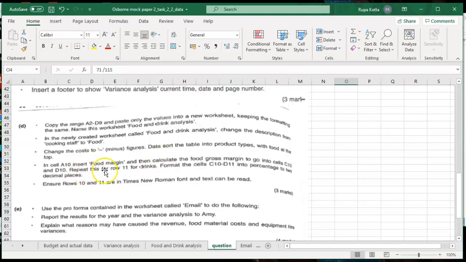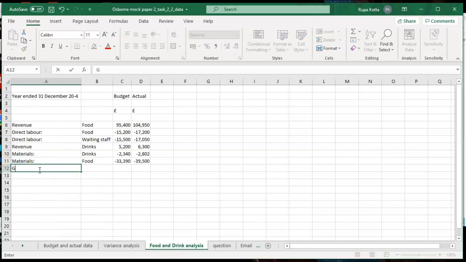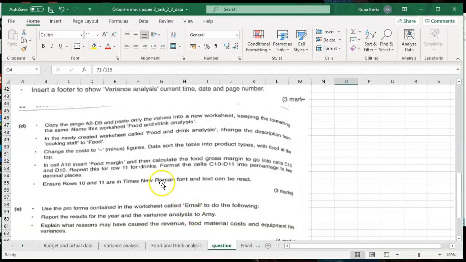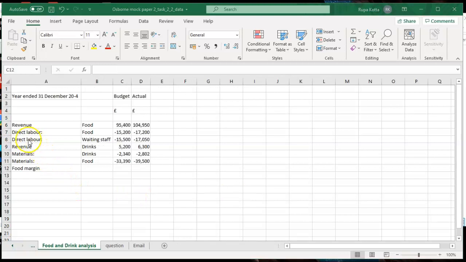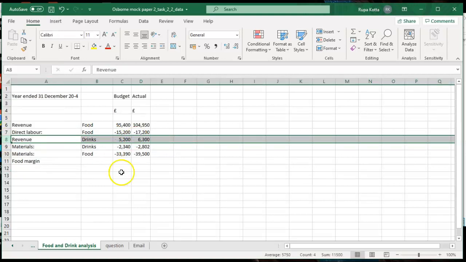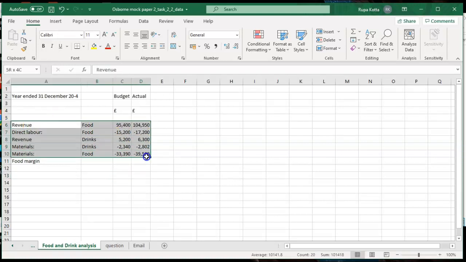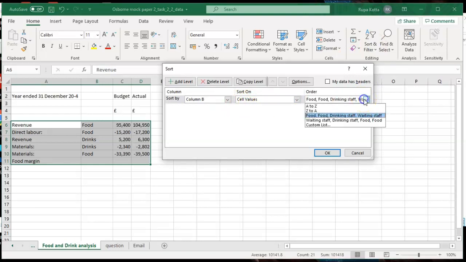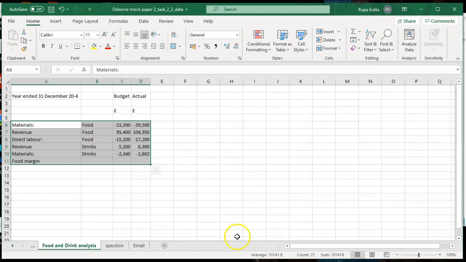Okay, let's see what else we need to do. In cell A10, insert food margin and calculate the food gross margin to go into cells C10 and D10. So in A10, we are calculating food margin, and they want you to calculate food margin and put it in C10 and D10. So they only want the food and drink analysis. So let's just remove this labor for the waiting staff from here. And because this food is not moving, because it needs to go to the top, sort and filter, custom sort, column B, cell values, use Z to A, and that is done. Food and drinks,